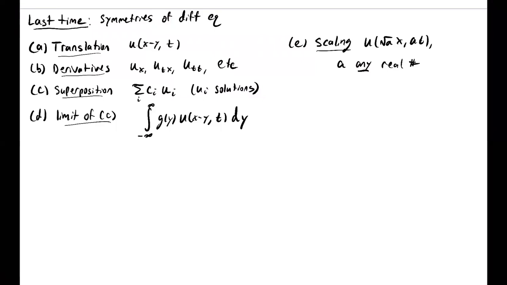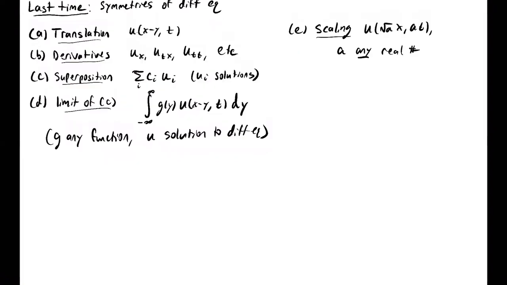And then we saw that there's a limiting version of the superposition principle, which tells you that infinite sums like this, if you construct them in the right way and take limits, will give you integrals. And so if you integrate any function g, where here g is just any function of one real variable, and u is a solution to the diffusion equation,